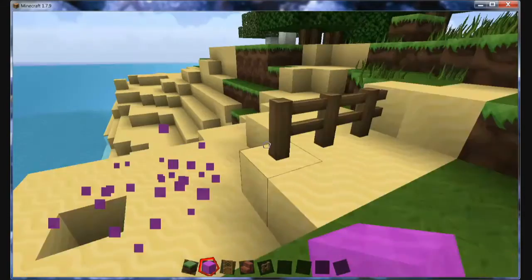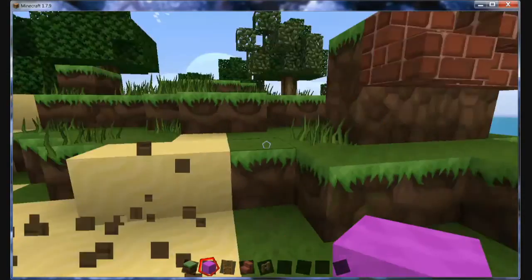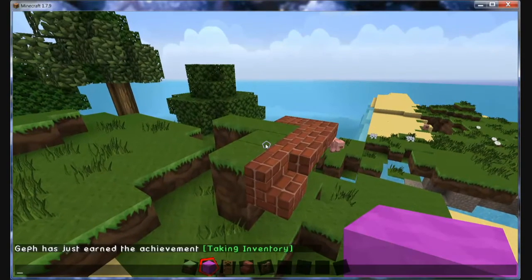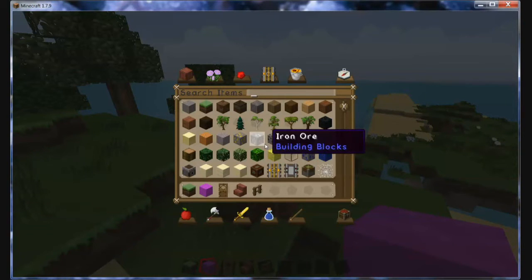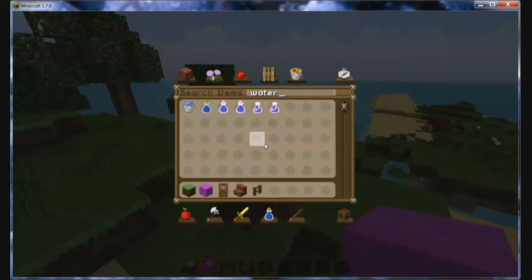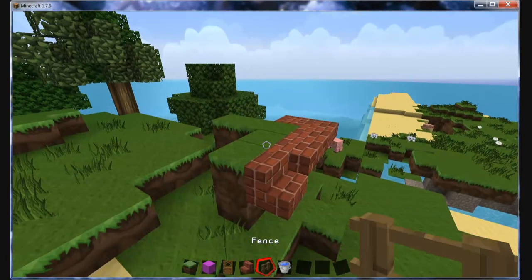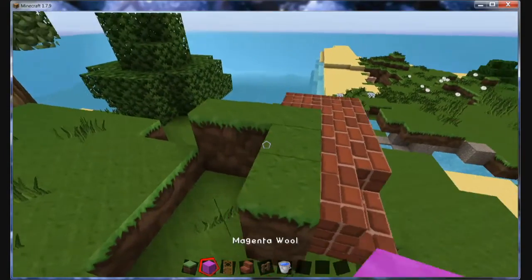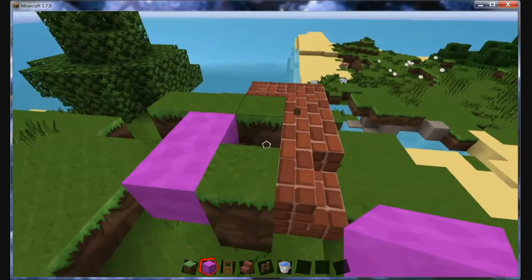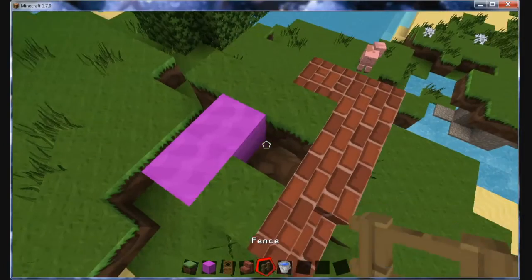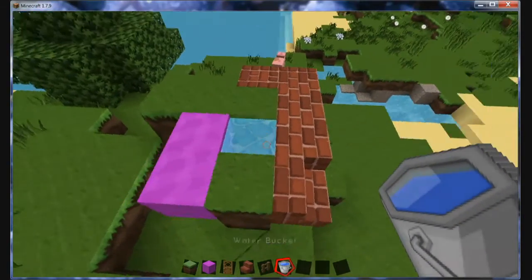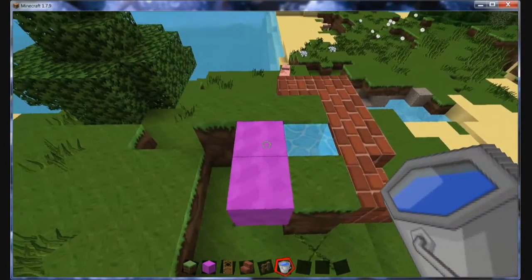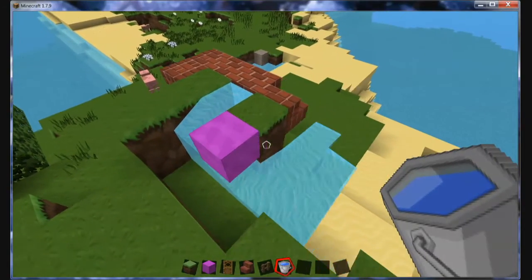There are a few types of blocks that have behaviors that are a little bit more odd than these. And one example is if we go in here and look up water. So if I type in water, I'll get all the different blocks and items that have to do with water. And if I equip this water bucket here, and I pour the water down into one little hole, it will just stay there as water. But if I destroy this pink block there, the water will actually start flowing,